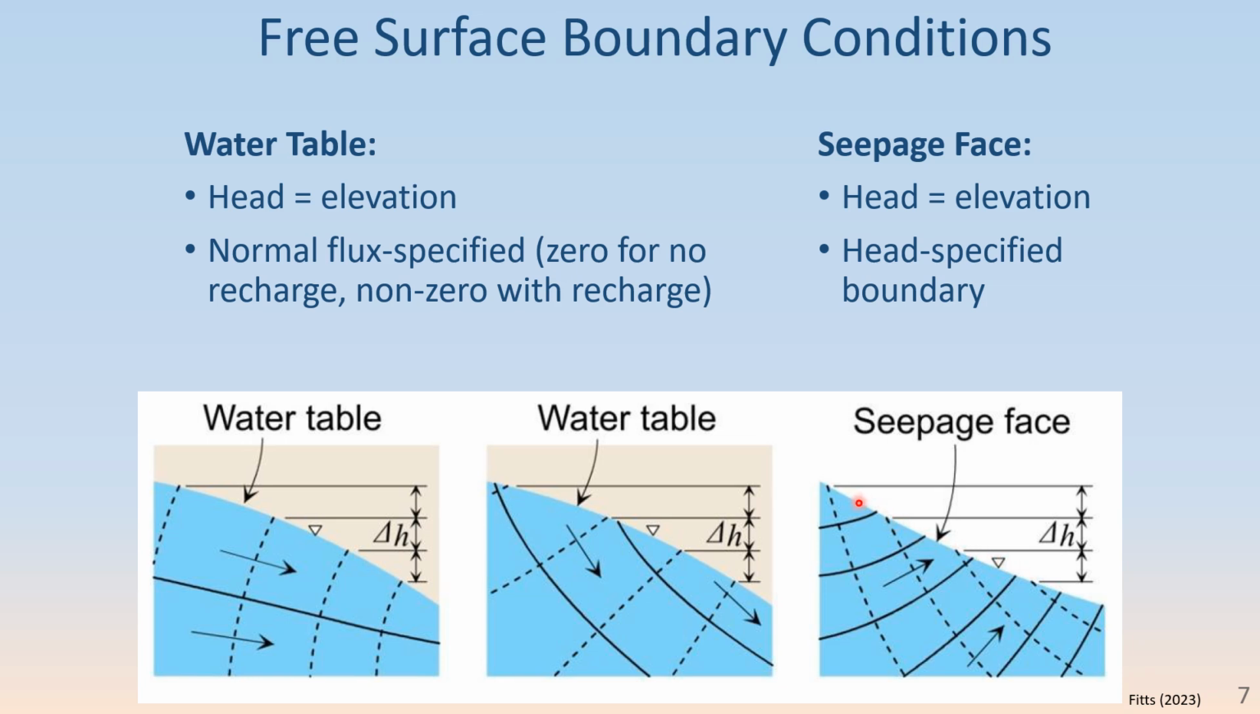And you will have to have a junction between the seepage face, head specified line boundary, and the water table normal flux specified line boundary. And again, you would iterate, taking a first guess at where that is and a first guess at the water table configuration, run the model, and see what needs to be adjusted. Maybe that junction between the seepage face and water table needs to move a little higher or a little bit lower down the slope. And you can do that manually